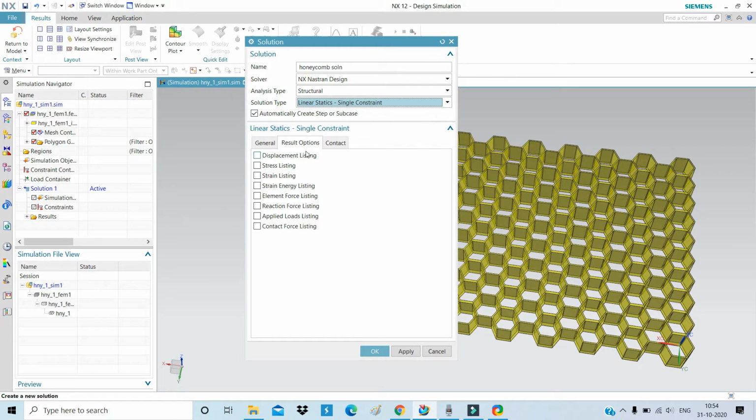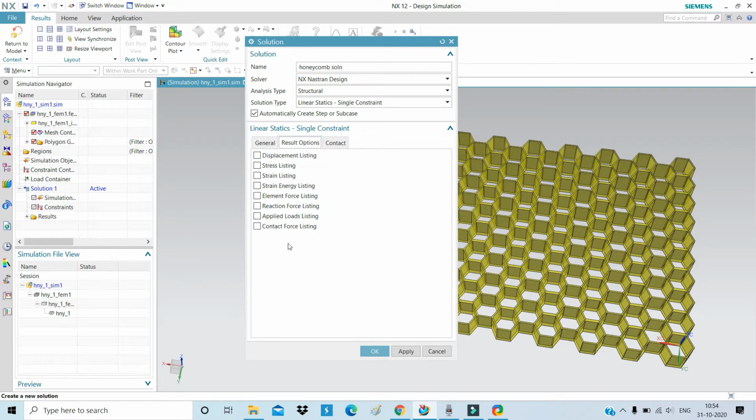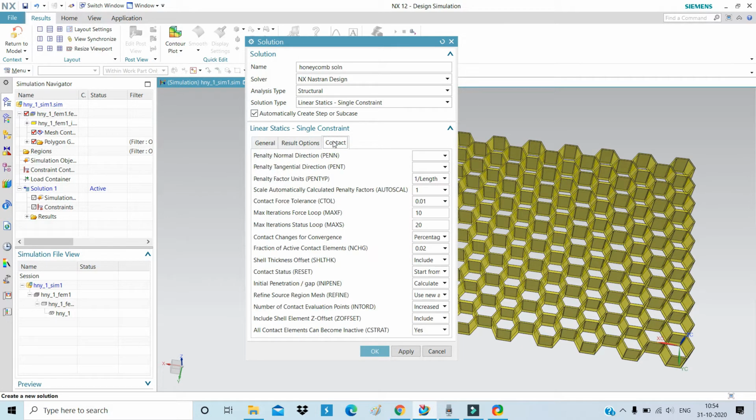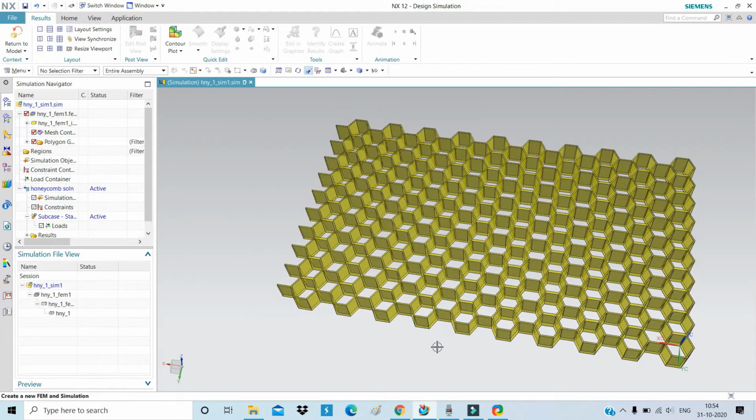Now you can see a list of results: stress, displacement, strain, element, reaction, applied loads, contact force. If you need any of these, you can select it. Okay, skip this, not selected right now. Now apply. Yes, our solution is now created.